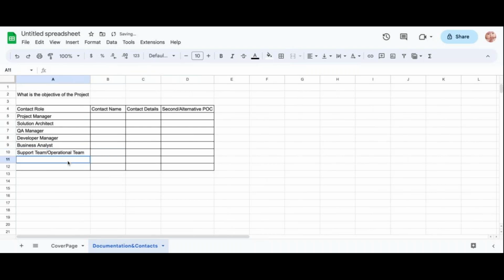Then what we have, one more thing, if we have a database team, so the DBA team. Just try to get all the contact name details, and if you have any alternate POCs, these are the informations they are going to fill. So this is called contacts, okay? Then coming to the picture of documentations,